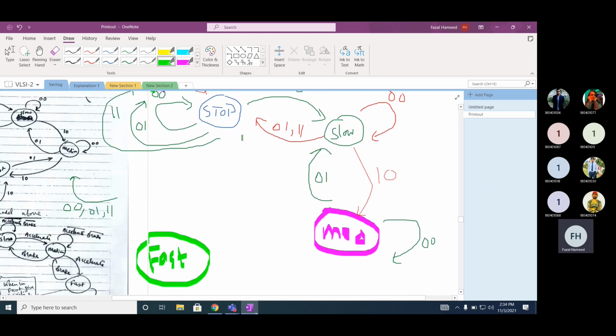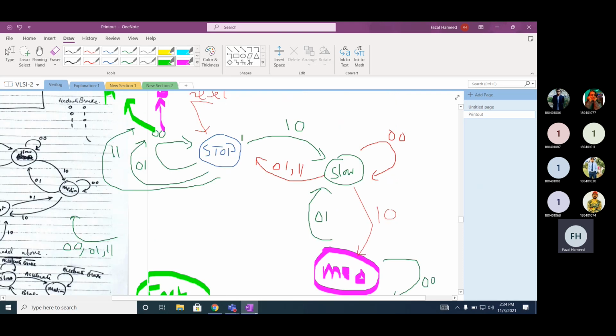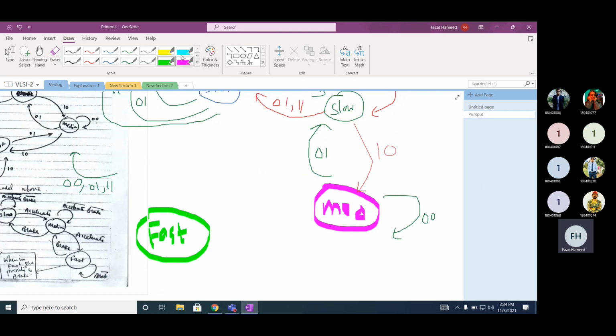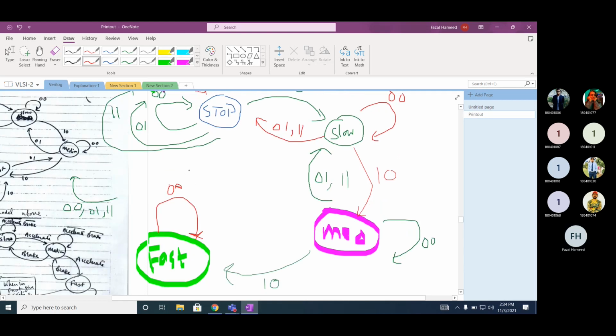1 0, it should go to the fast state. Now the system is in state fast. So 0 0, same state. 0 1, it will go to medium state.